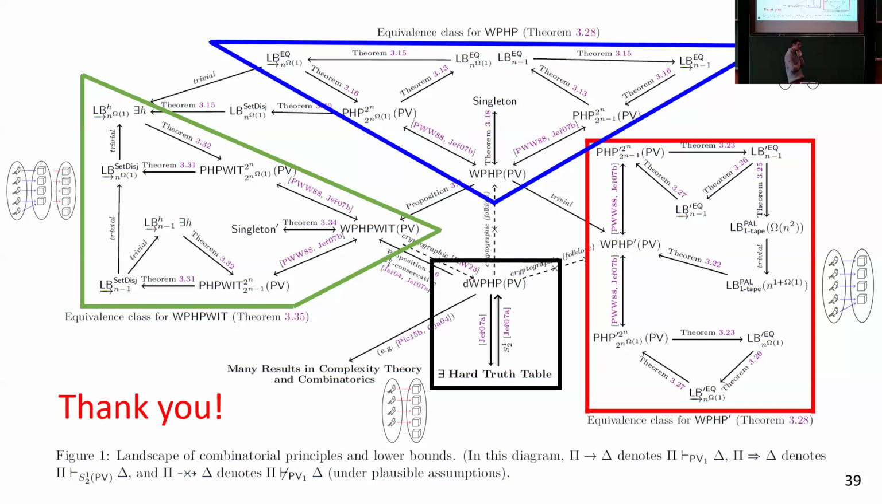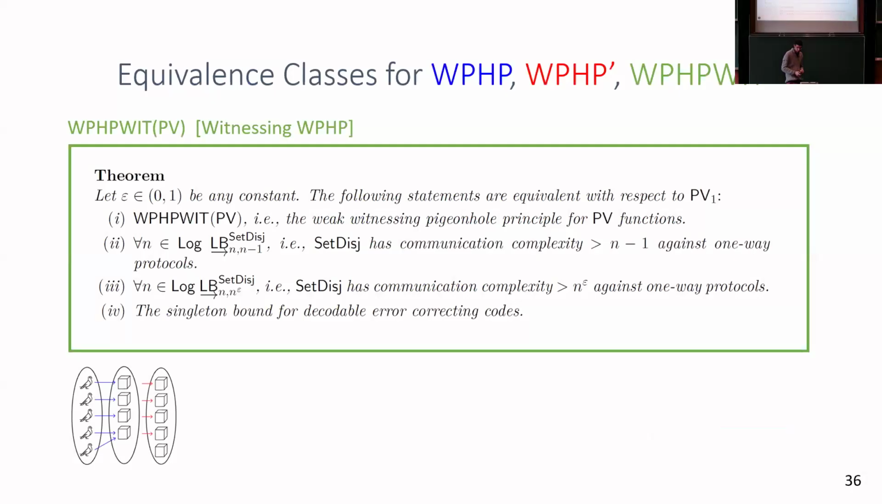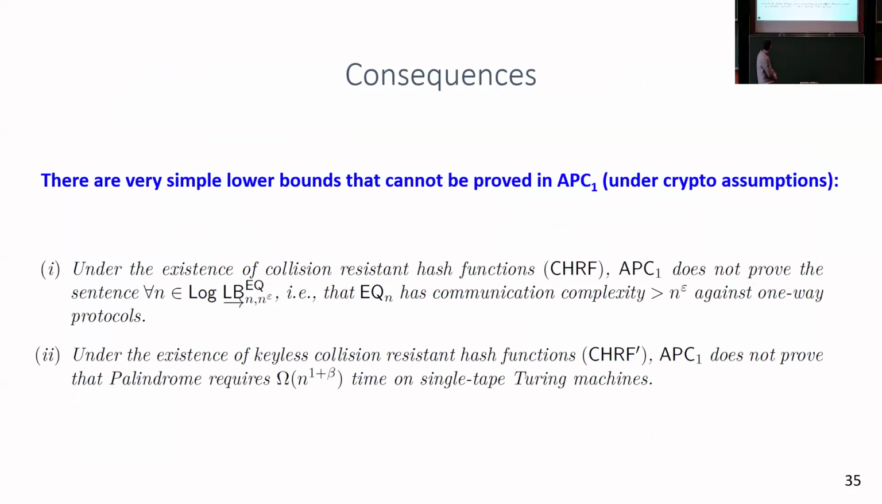Question, sir, can you go to slide 35? Okay, so here conditionally, APC1 cannot prove this very simple communication complexity lower bound. On the other hand, you told us that APC1 can prove circuit lower bounds like bounded depth circuits. I think I know the reason why this happens, so maybe you want to comment on it? Okay, maybe let me comment. Yeah, so those are the mathematical results, right? We cannot dispute them. But I think it really tells us that we should revisit this intuition about the power